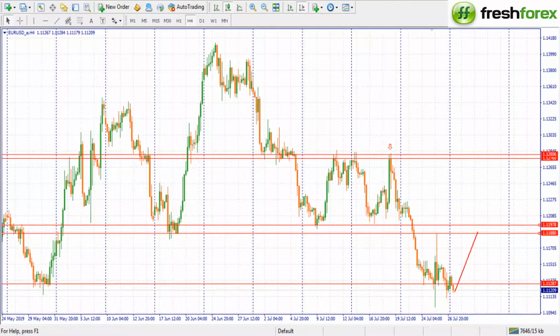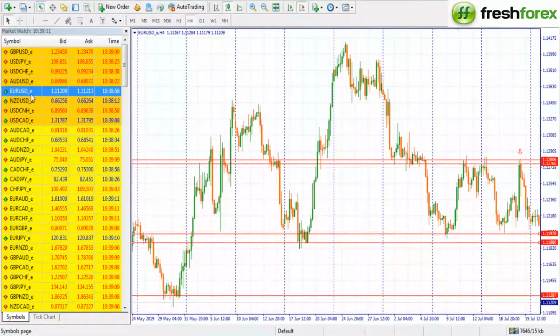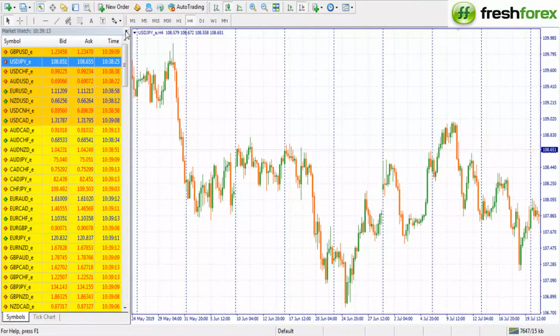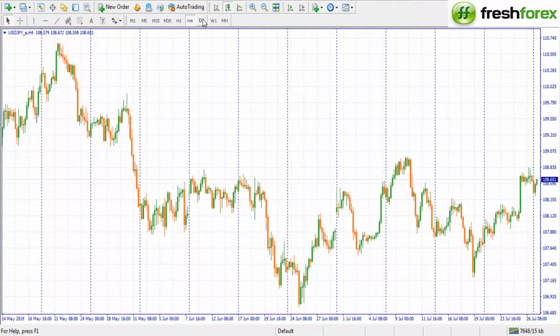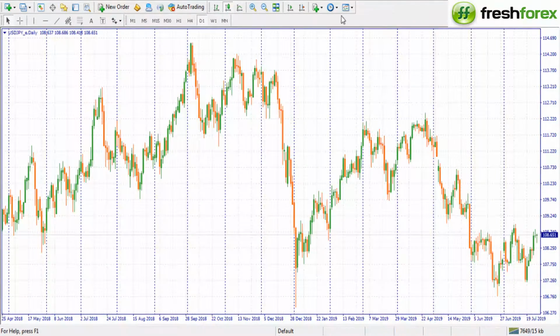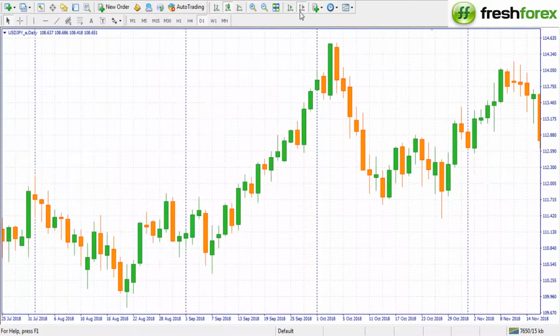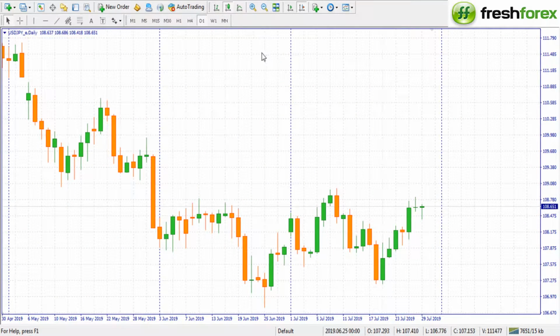So we'll move forward, move to our next symbol, and that is USD JPY. So far USD JPY is moving upwards. We'd like to see exactly if it's still continuing or we need to make some changes. So I'm going to expand this slightly so that you see what I'm saying. We have this,